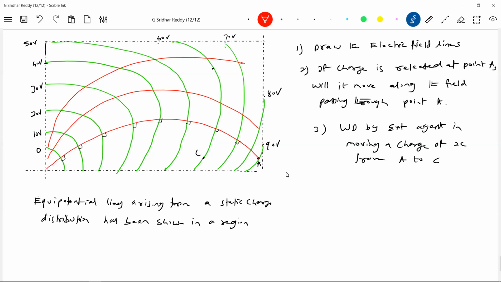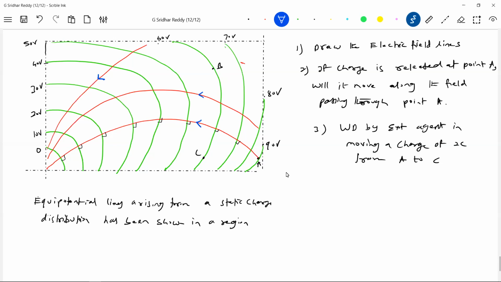Is it a uniform or non-uniform electric field? I think I can do only this much here. Is the field uniform or non-uniform? You suggest it will be non-uniform. The field will in fact be non-uniform. Okay, there's a point B. How should the arrow be shown? I think this is the correct one. Getting this?